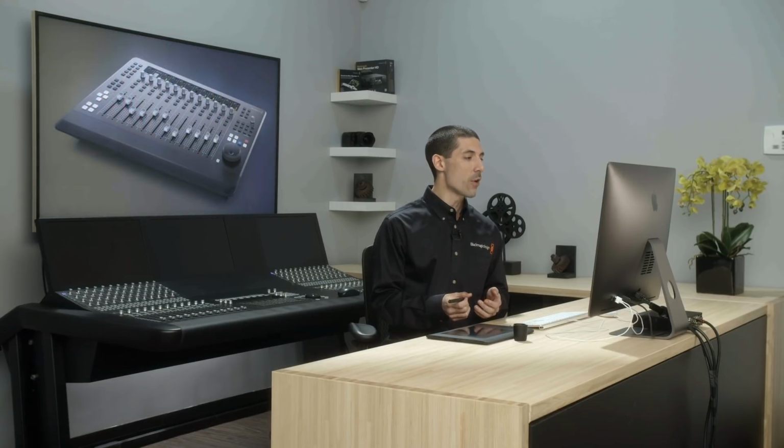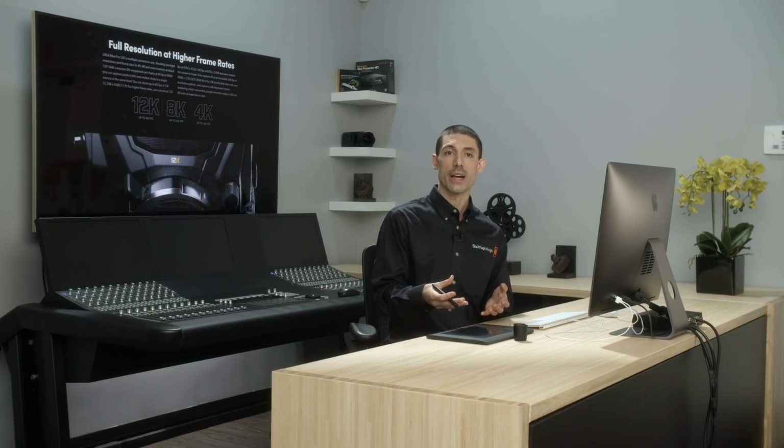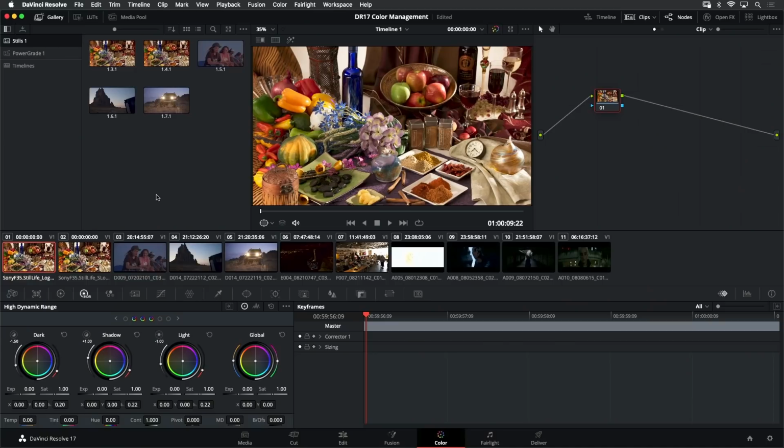And let's say that I've already gone through and graded my entire timeline in an SDR space, and I now want to target that different display color space, that HDR display color space. Maybe I've done the SDR grade and my client has come back and said, hey, we would like to do an HDR version now. With color management, we can flip a switch and do what's called a trim pass, meaning make small adjustments, but we don't need to redo our entire grade, and the bulk of our creative intent will be preserved. Let's take a look at how that would go.